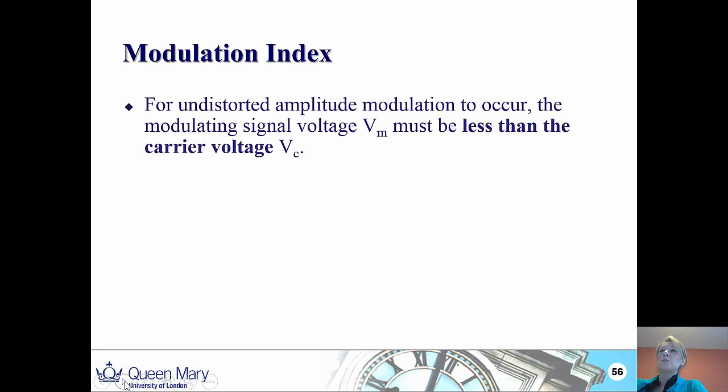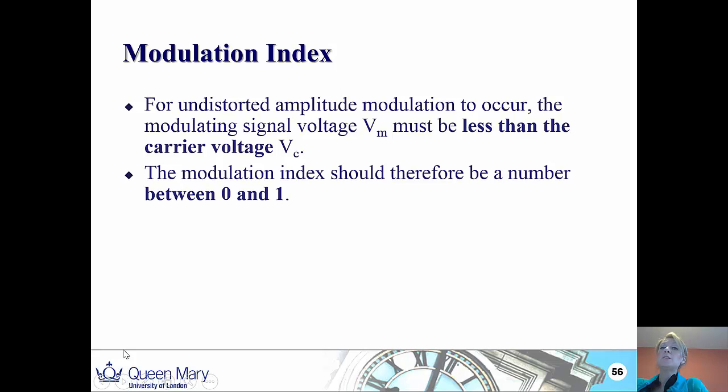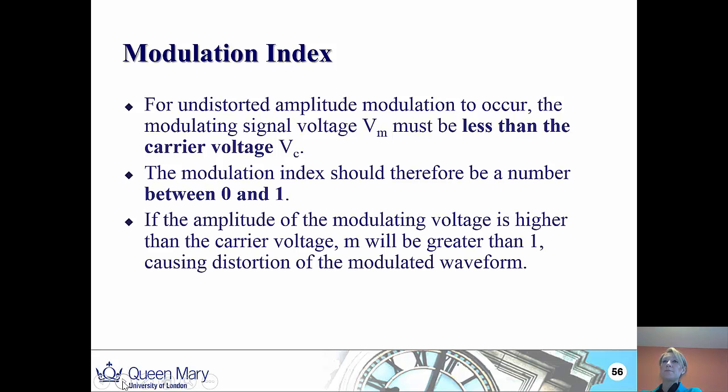So for an undistorted amplitude modulation to occur, the modulating signal voltage must be less than the carrier voltage, so that it can be supported within that carrier wave. So the modulation index should therefore be a number which is between 0 and 1. So it represents the modulation on a scale between 0 and 1 in relation to the carrier wave. If the amplitude of the modulating voltage is higher than the carrier voltage, M will be greater